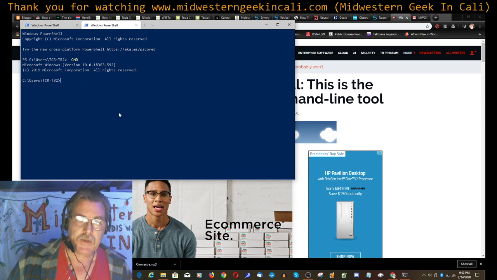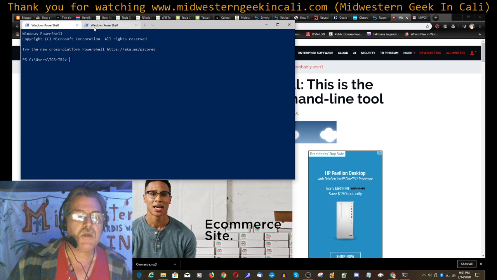So there are different commands available in command prompt than there are in PowerShell, and PowerShell is newer and more powerful, but there are still some things in command prompt that are necessary and handy and that you need to use. So to be able to have the same window with tabs to go between PowerShell, notice the PS in front of the command line there, and no PS in front of the command prompt there. That's how you can tell I'm in command prompt rather than PowerShell, right?